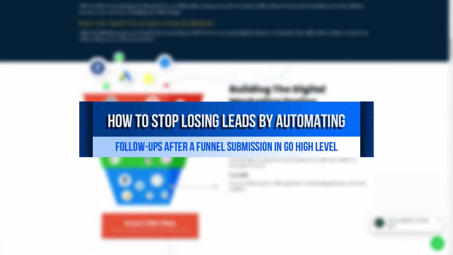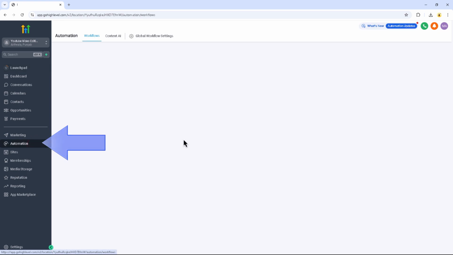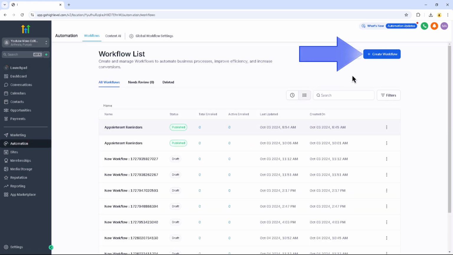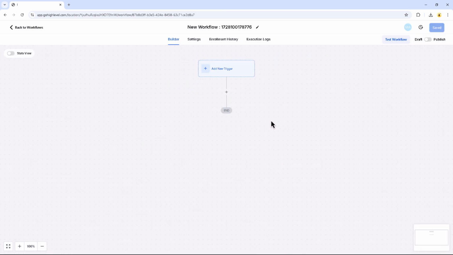in GoHighLevel. First, log in to your GoHighLevel account and navigate to the Automation tab on the left-hand side. Then click Create Workflow and choose Start from Scratch. Here, we'll set up an automated sequence to ensure that no lead falls through the cracks after they submit the